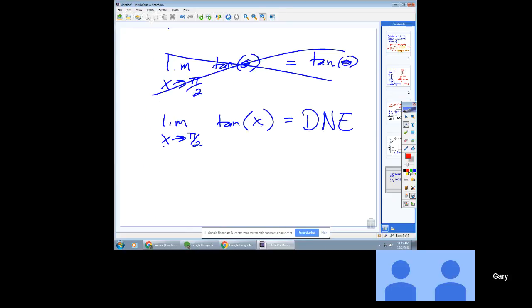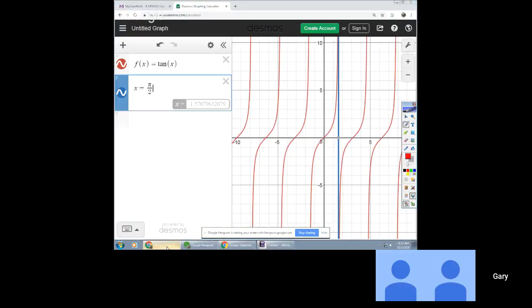Now the one-sided limits explain why. So if we look at x goes to pi over 2 on the, let's say, left side of the tangent of x, I'm just going to explore that numerically on the screen, but we can see what's happening pretty clearly. So I want to pick numbers less than pi over 2. And I want to figure out what is f of that number. So like 1.57 would be less than pi over 2, and I get